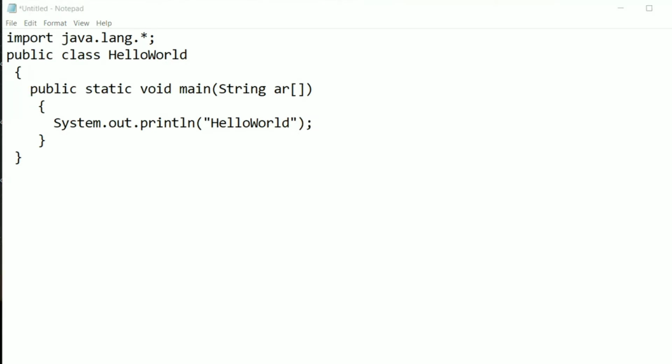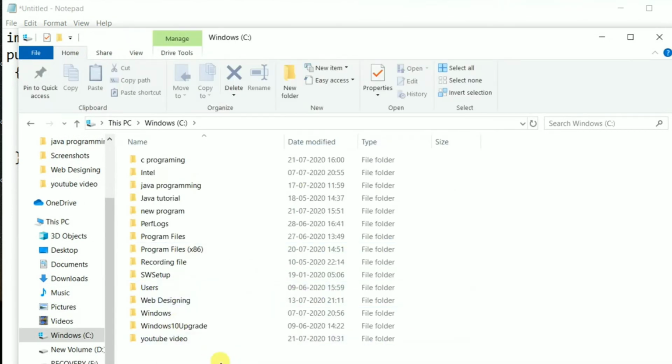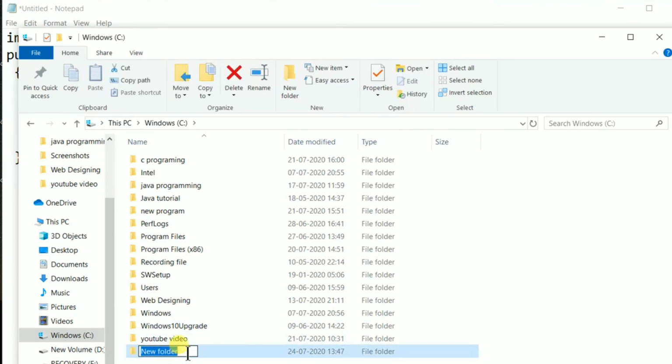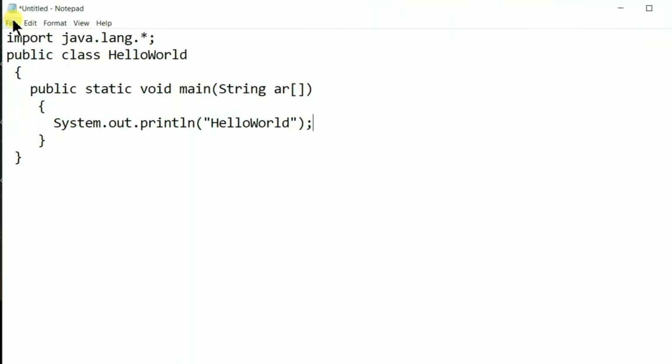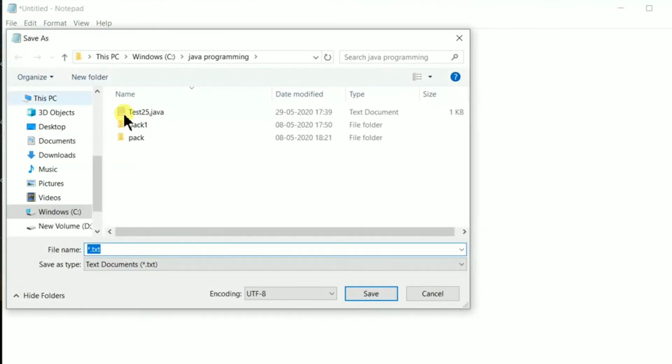Semicolon. Now open This PC. In This PC go to C drive and press Ctrl+Shift+N. This will create a new folder here, and I will just keep the name work. Now save your file and search for your work folder.